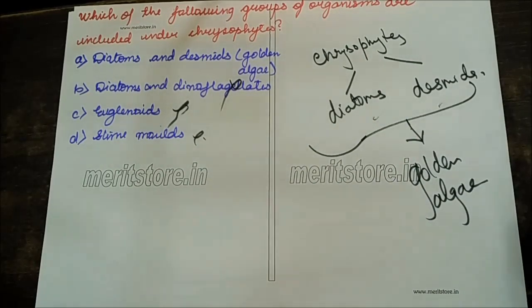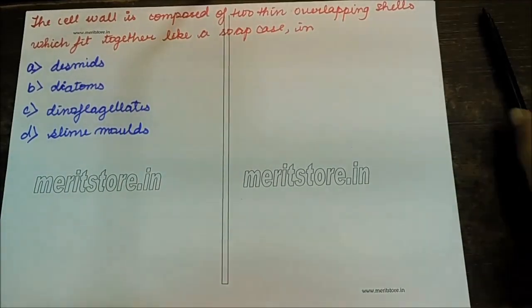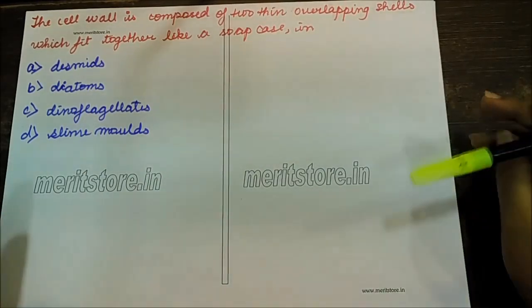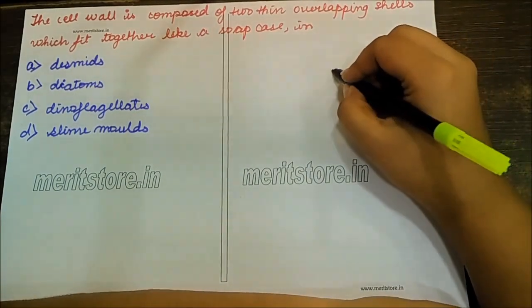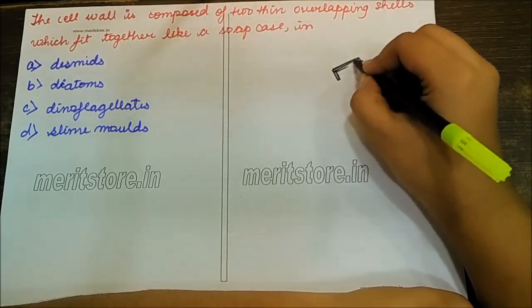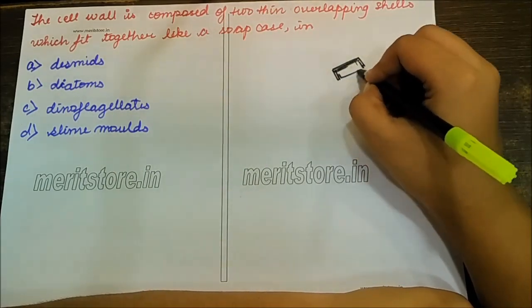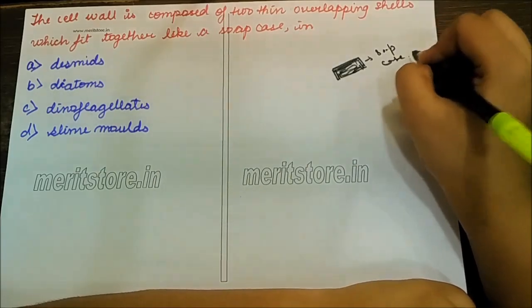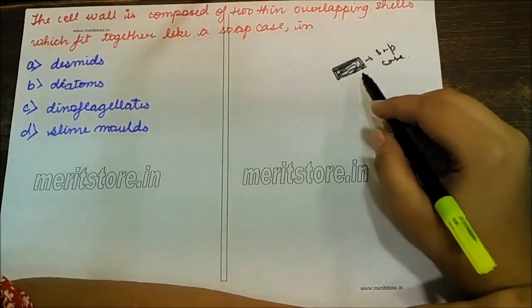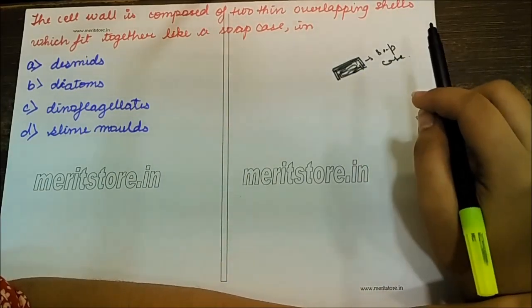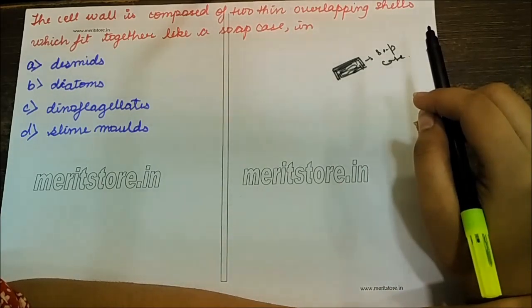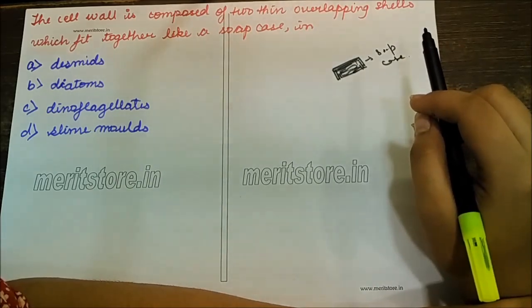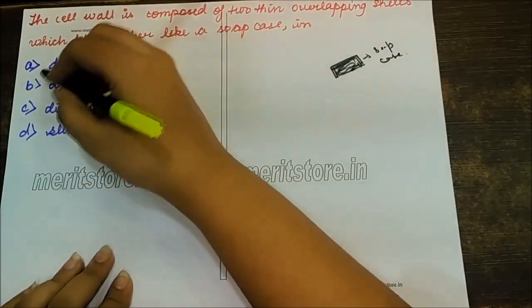You may also get the question as this. And let's move on to the next question. The cell wall is composed of two thin overlapping shells which fit together like a soap case. Okay, it looks like a soap box. The cell wall is composed of two thin overlapping shells which fit together like a soap case. Which are they? Desmids or diatoms, dinoflagellates or slime molds? And the answer for this is